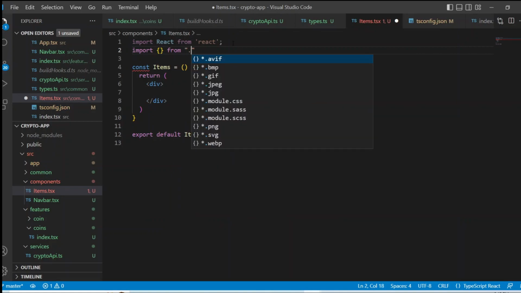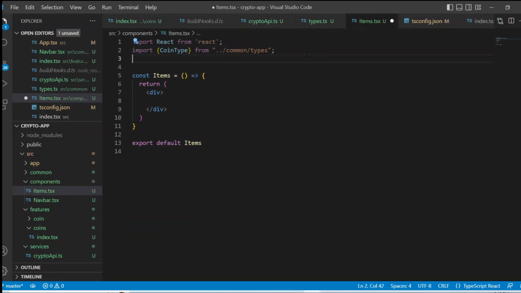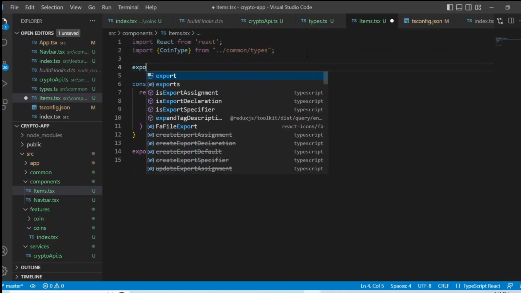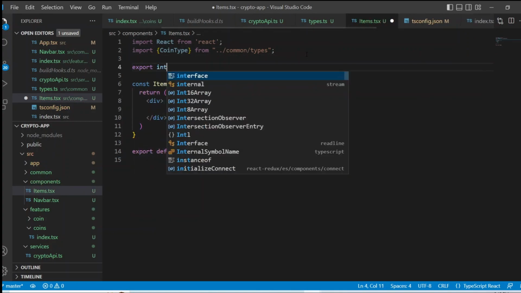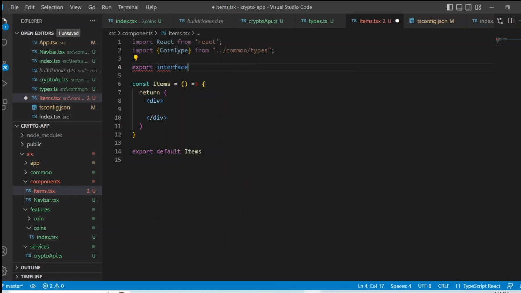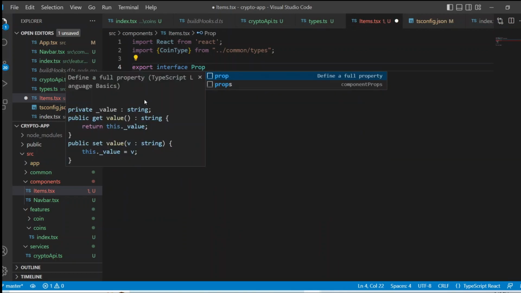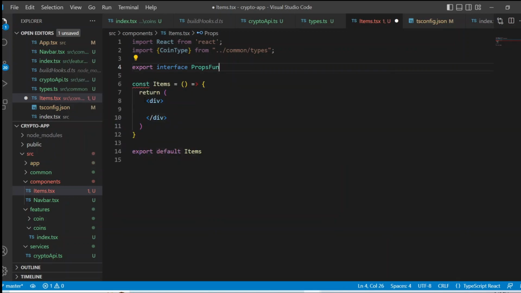So from common types, we have to bring our coin type, and then we have to define an interface. So export, because this component I'm going to use inside our home page. So we have to define our interface, and it's going to receive some props. So props function,